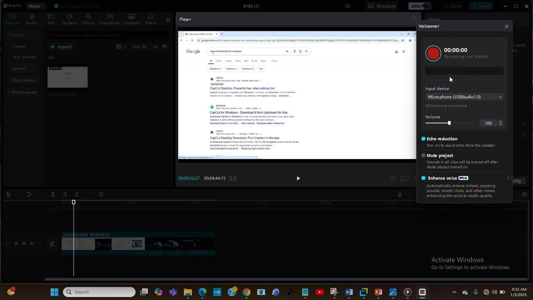Once you're done selecting, and you want to start, you just need to click on this red button here, the recording button, to start recording. So if I click here,